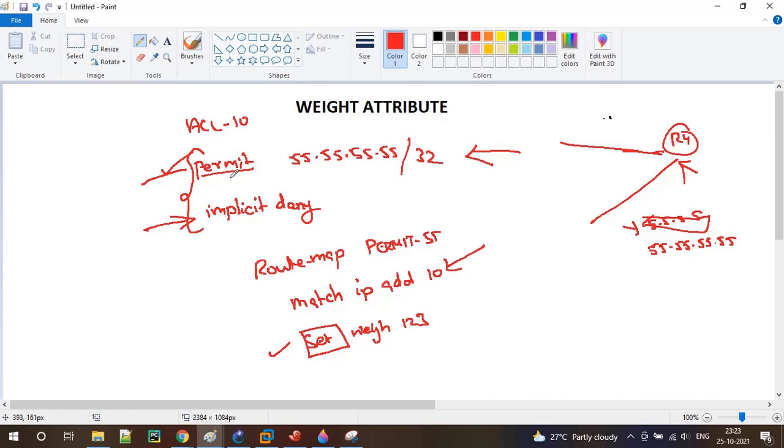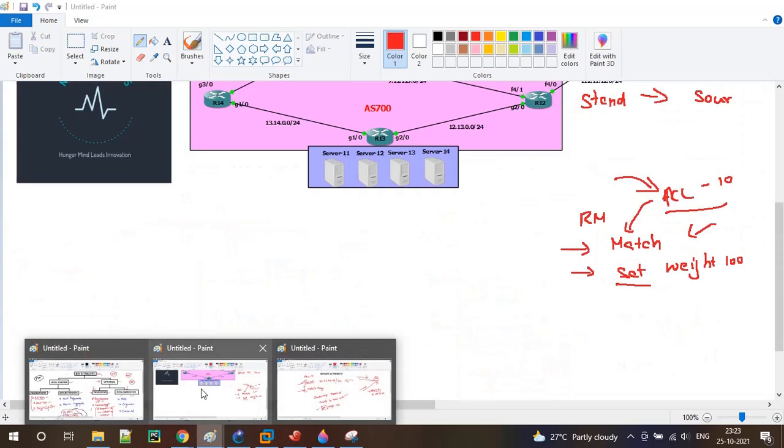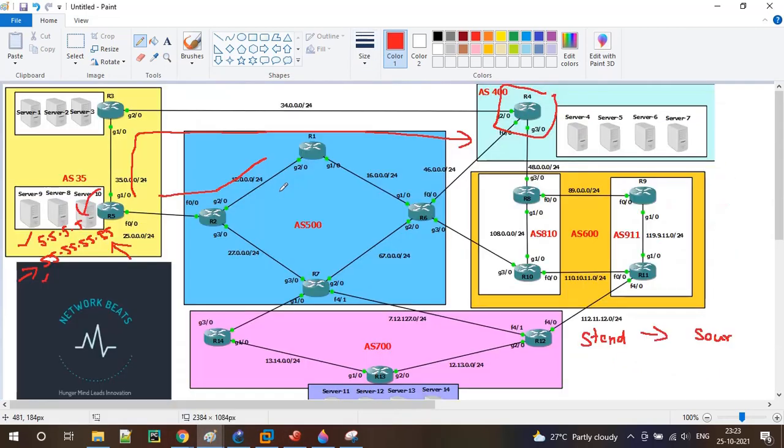Because of that, 5.5.5.5 is filtered out and is not going to get installed in the R4 BGP table, whichever is learned via R6. Only 5.5.5.5 learned via R3 will be seen. Let me just confirm whether it is R3 or not. Yes, we are only going to receive it via R3 but not through R6.